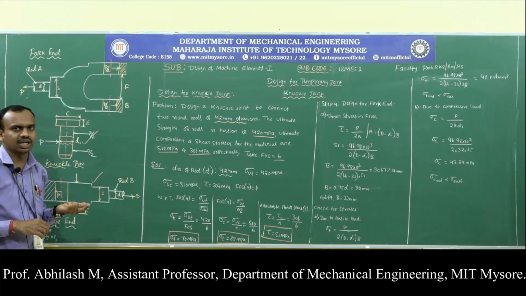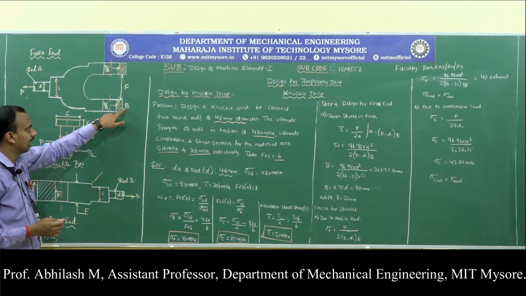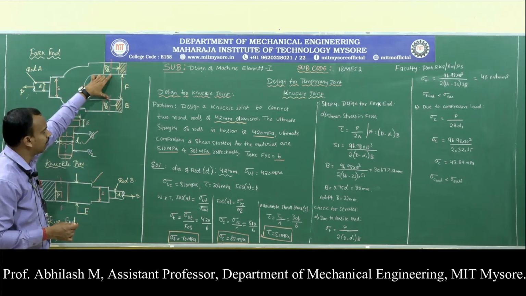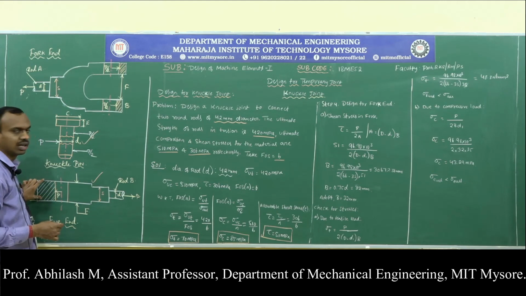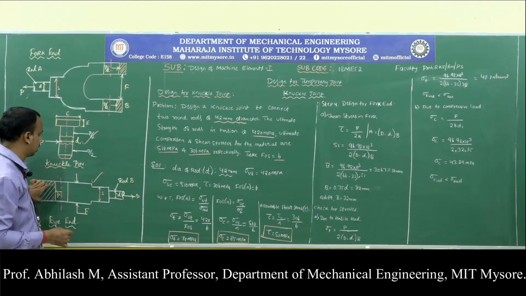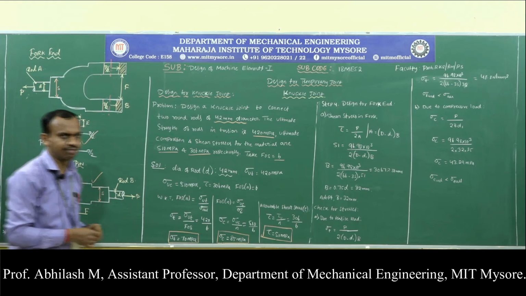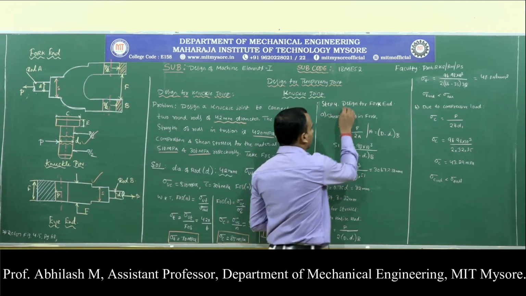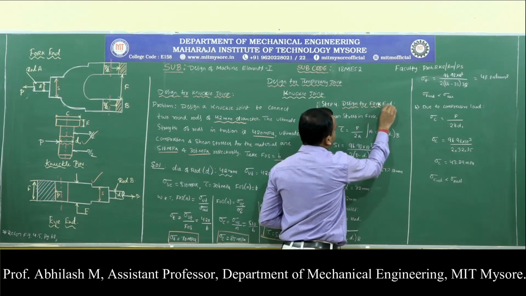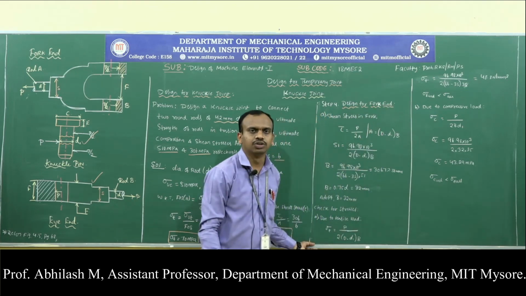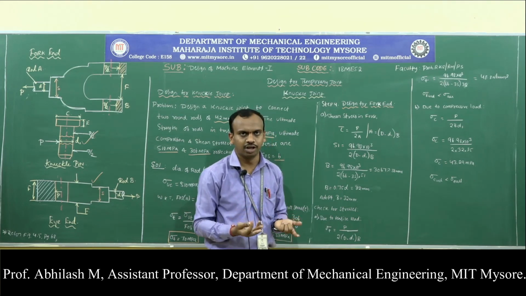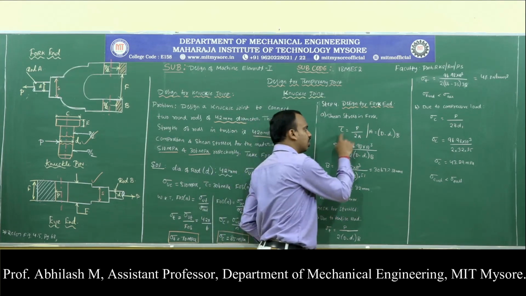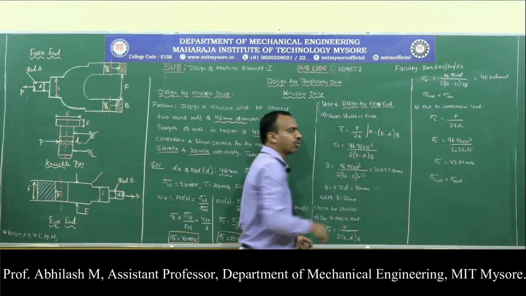If I consider that condition of shear failure, I can easily calculate this thickness B, whereas this diameter will be of the same thickness, whereas here we are supposed to identify. So now the shear stress, or the design for the fork end: now we understood that it is undergoing double shear failure. So the shear stress that is developed in the fork is given by tau equals load divided by 2 times the area.